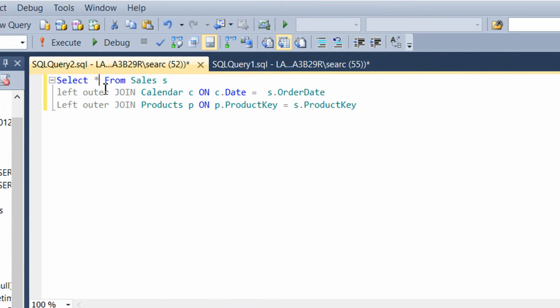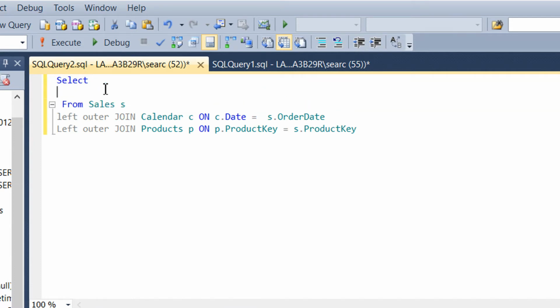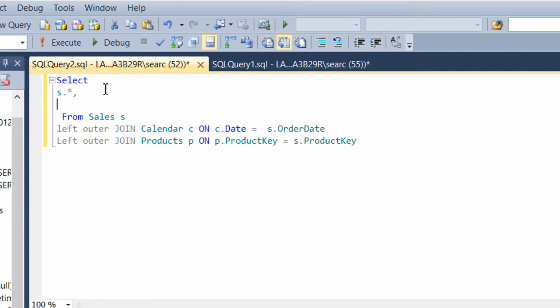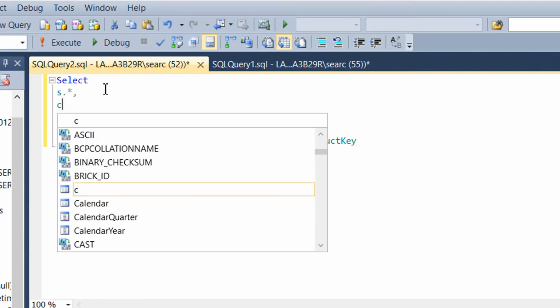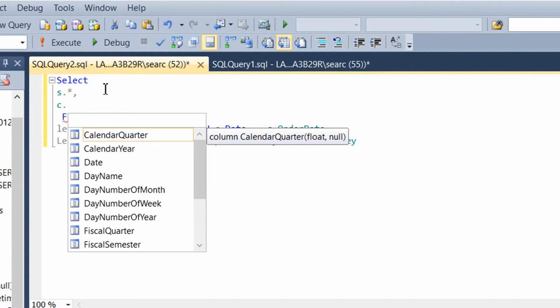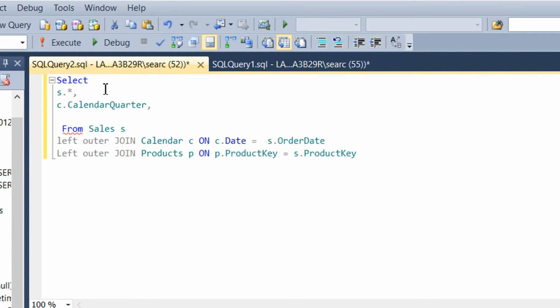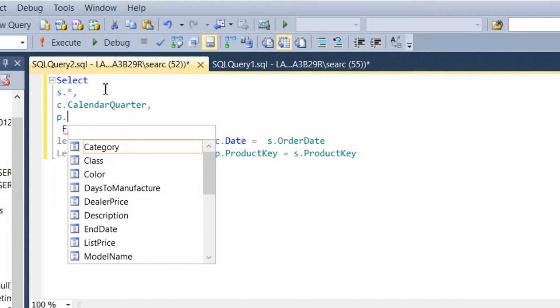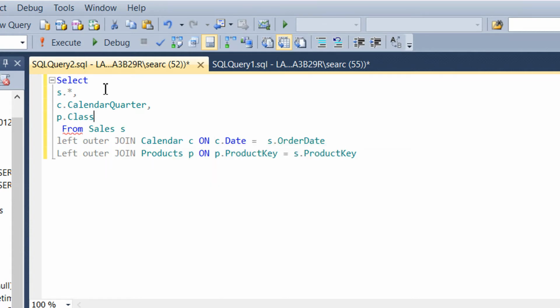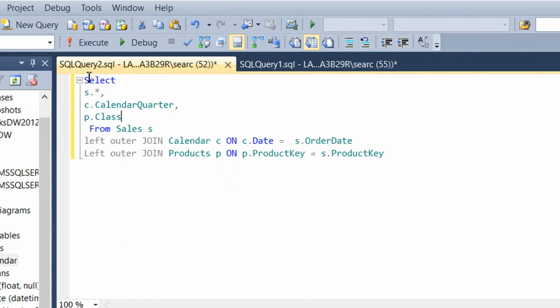Instead of getting all the columns, I need S dot star, all the columns from the sales table, and from the calendar table I need only calendar year, and from the product table I need only, for example, product class. And if I try to execute,